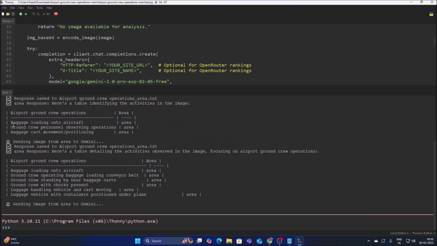Let's just stop the code. The baggage loading onto aircraft, ground crew personnel observing operations, baggage cart movement positioning, then baggage loading onto aircraft, ground crew operation, baggage loading, conveyor belt is there, as you can see the conveyor belt, and then ground crew standing by near baggage carts, yes. Then we have luggage handling vehicle and cart moving. So friends, as you can see,